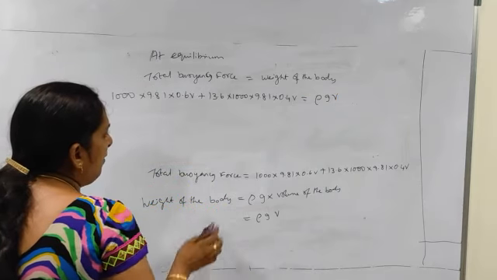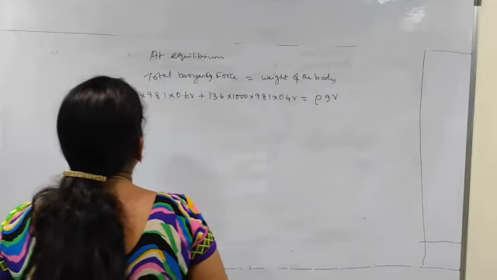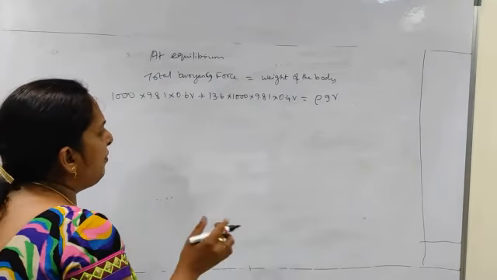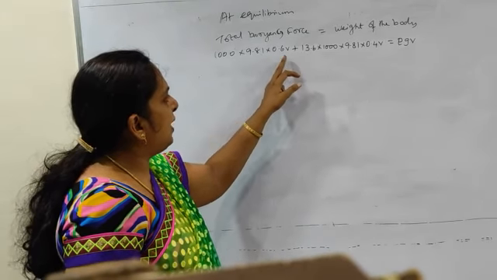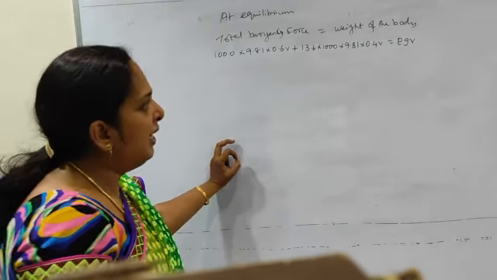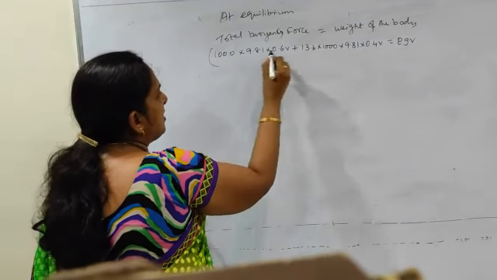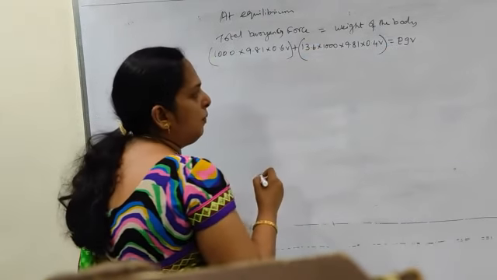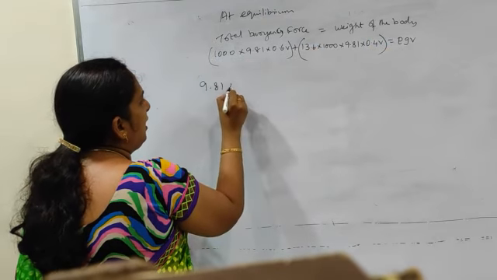Now you can even go for deleting it out, no issues here. Why? Because this is also 1000 and here also we are going to get only 1000, 9.81. So the total buoyancy force we have got is 1000 into 9.81 into 0.6 V plus 13.6 into 1000 into 9.81 into 0.4 V, that is equal to rho G V. What happened here? I am just regrouping this. This is the buoyancy force because of water and this is the buoyancy force because of mercury. So I am just going to take 9.81 into V outside.